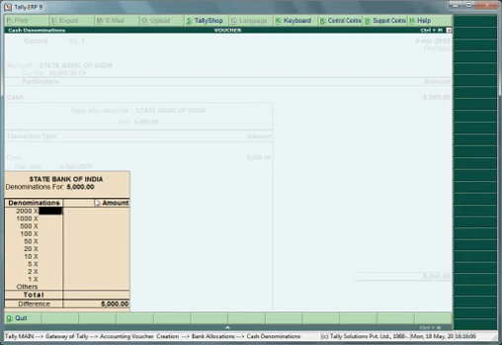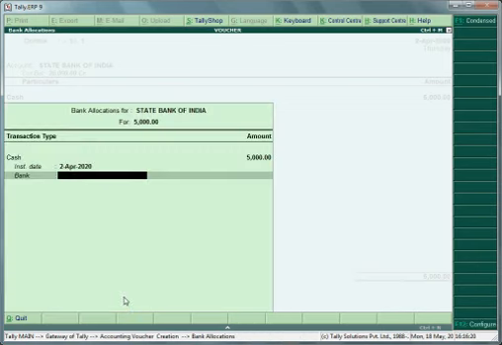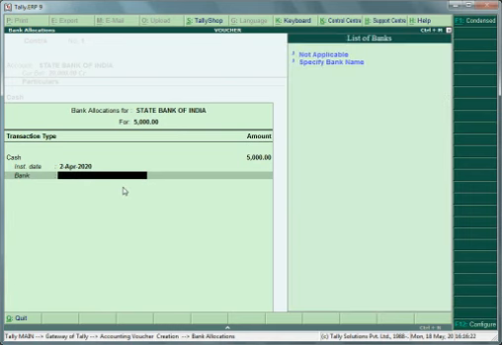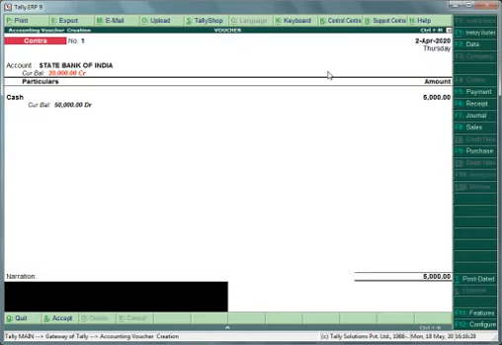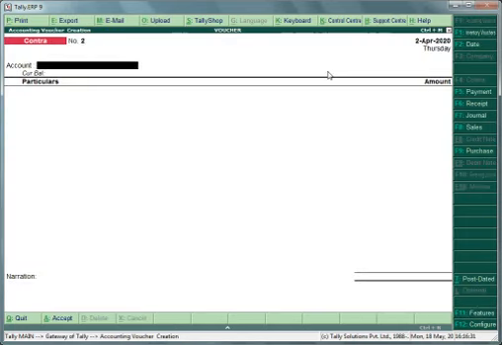Suppose we put 2000 notes, 2 notes, and 100 notes for 10. Now here the total is 5,000, press enter, and then here we put not applicable and then accept it.